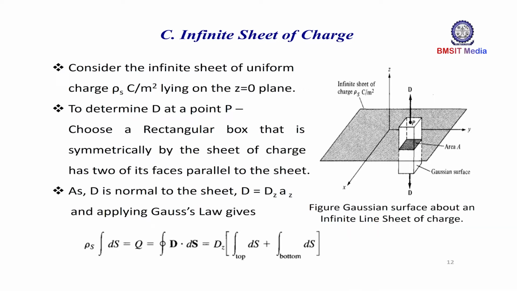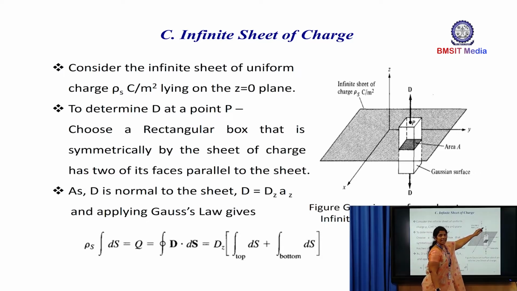We have to determine the electric flux density D at a point P located on the surface of the sheet, where we have taken a rectangular box. Two faces of the rectangular box are parallel to the sheet, and two faces are